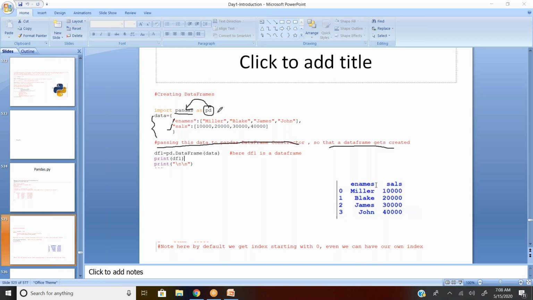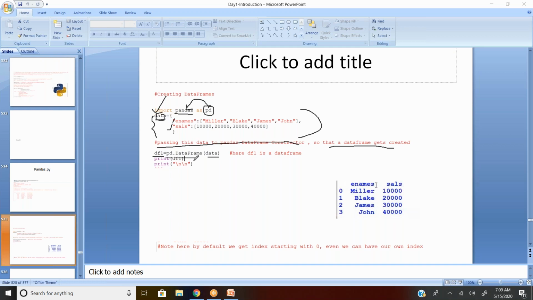Now what I created is a key and value based dictionary. I want to convert this dictionary into a data frame, nothing but a set of rows and columns. I used a normal import, and I'm using pd.DataFrame. DataFrame is a function which helps me convert data into a data frame. I just created this dictionary and saved it into data. I save the entire functionality into df1. So here df1 will behave like a data frame and data will behave like a dictionary.